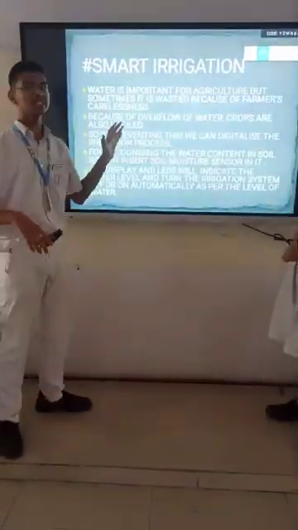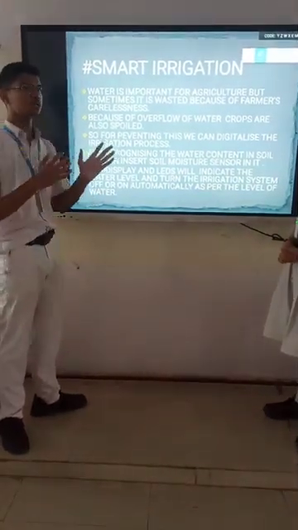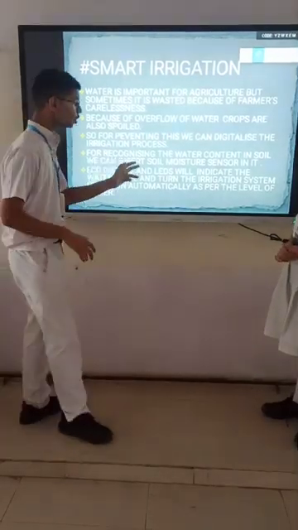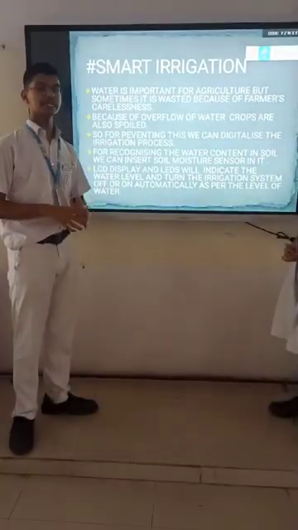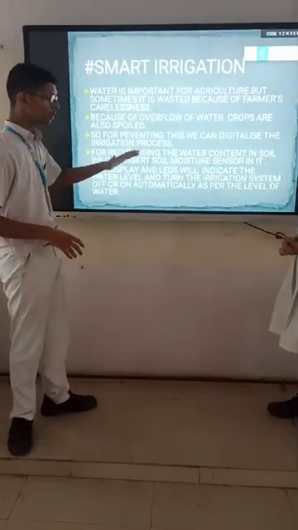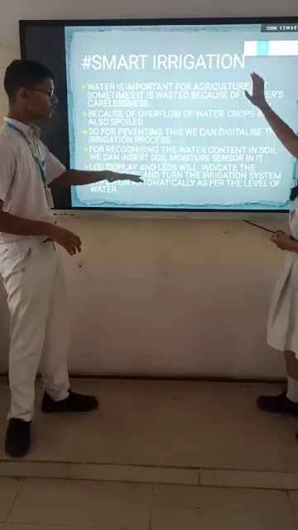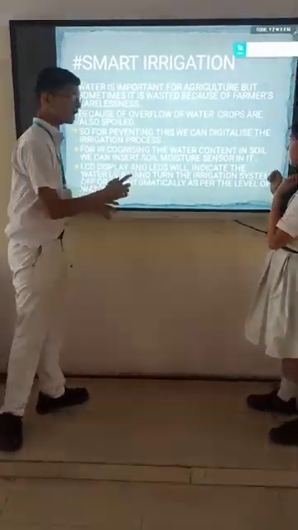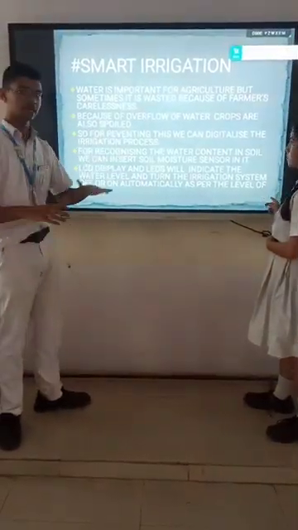So for preventing all these things, we are installing one sensor in the farm, which is a soil moisture sensor. The soil moisture sensor will detect the moisture content in the soil, and then it will accordingly turn the system on and off. Also we will add an LCD display and LEDs which will indicate the water level, and when it is on and when it is off.